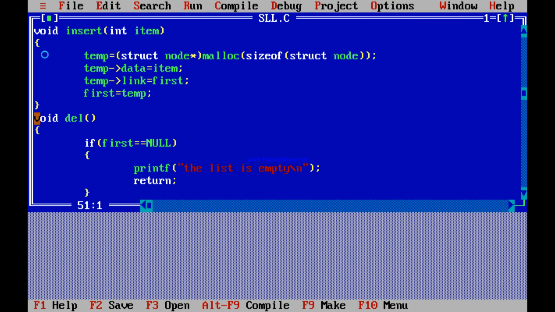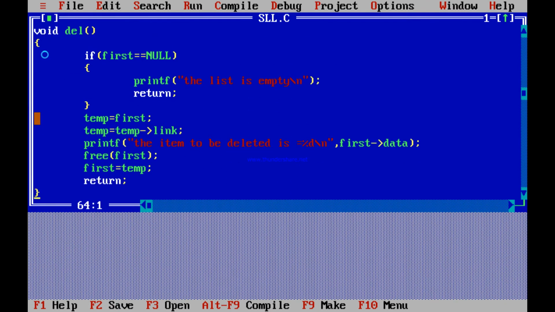Now you can see here void delete function. For delete, first of all we are giving the if condition. The if condition says: if first is equal to null, there is no node. So it will print the list is empty, and return. So it will come out of this.